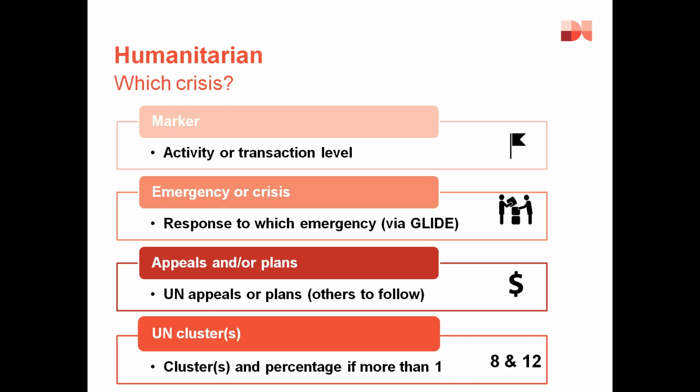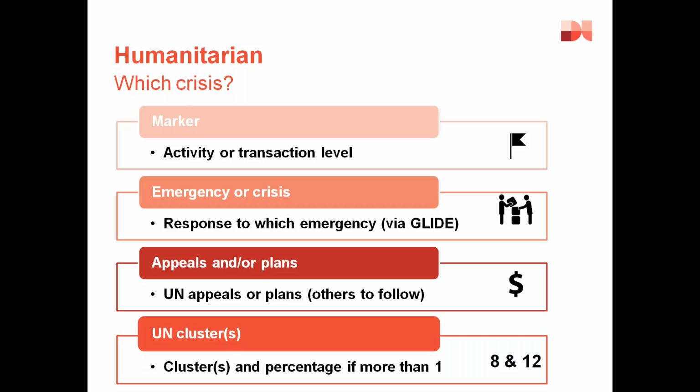So what you can now do within the standard is to use the code that represents that emergency from within the GLIDE database and then include it in your IATI publishing to say, this activity relates to the Nepal earthquake in 2015, by including the relevant GLIDE reference for the Nepal earthquake. There are some issues with the way that GLIDE is set up. The main issue around the way it's currently used is that emergencies are added on a by year and by country